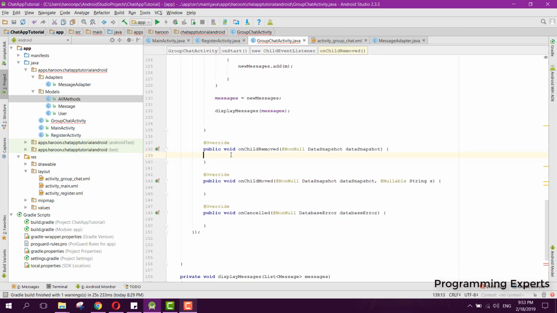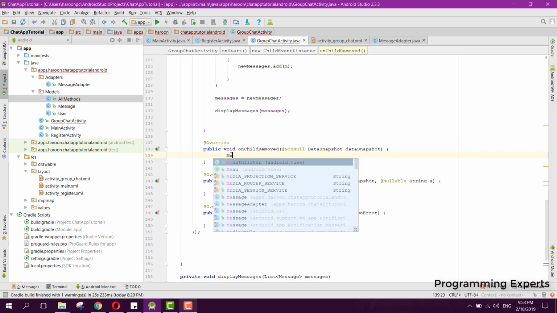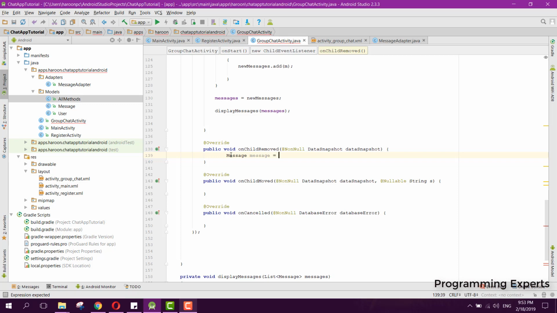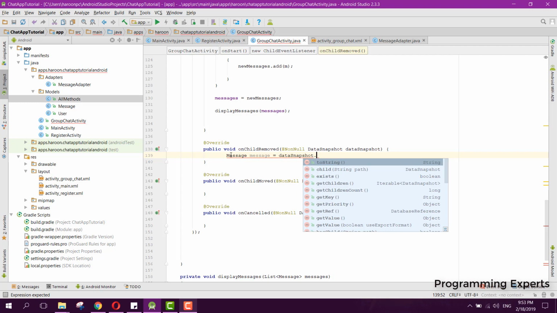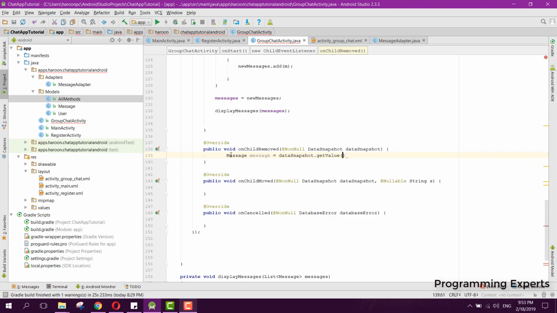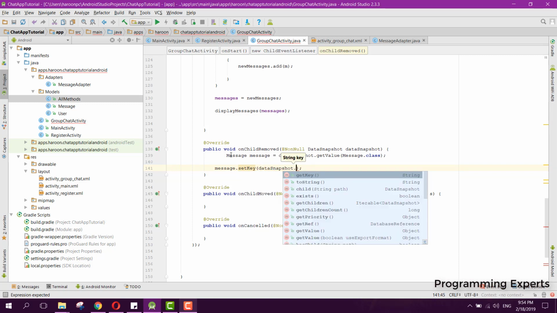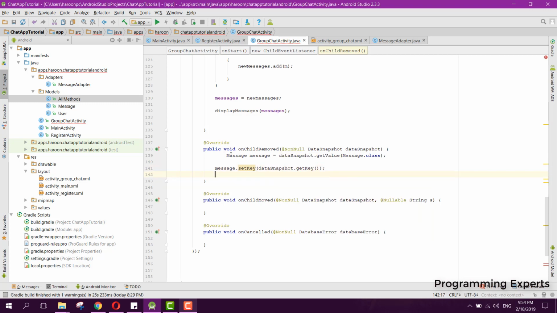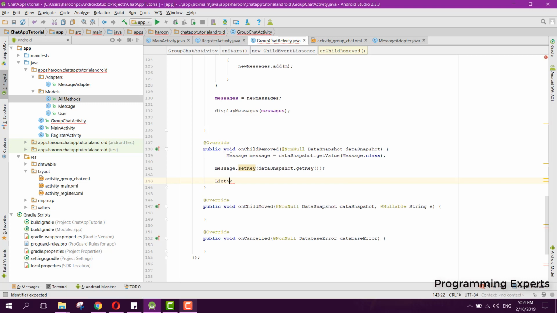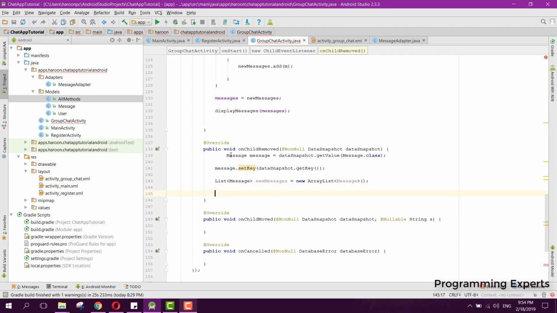Alright, then after that we will do the coding for our onChildRemoved method, and for that we again need to use message equal to dataSnapshot.getValue, and here we need to pass Message.class, then we can say message.setKey, and here we can pass the dataSnapshot.getKey, and then similarly for the list, so we can say List Message newMessages equal to new ArrayList, then we can use the for loop again, so we can say for Message m in messages,